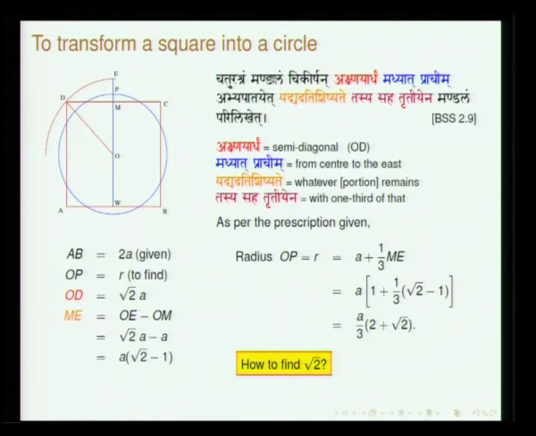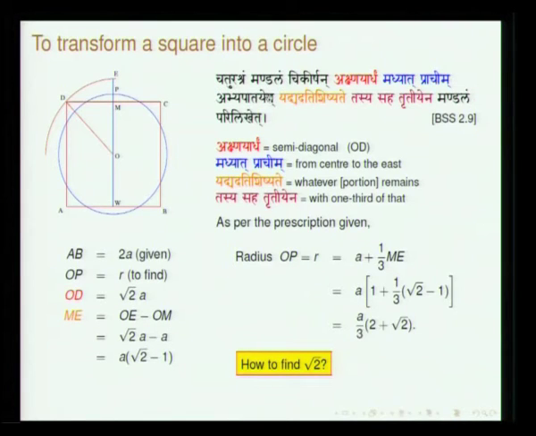Chaturashram Mandalam Chikirshan. This word Chikirshan is desirous of doing. In every sutra you will find this. Chaturashram Mandalam, Mandalam is circle. So, you want to transform a square into a circle. Okay. So, what is to be done? He says akshnayardham madhyat prachim abhyapatayet. Akshnaya, as I was repeatedly telling, is the diagonal line. Akshnayardham means half of it.